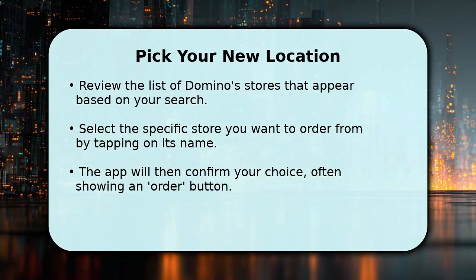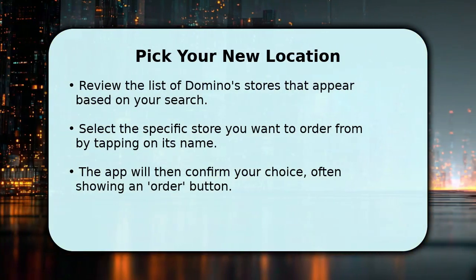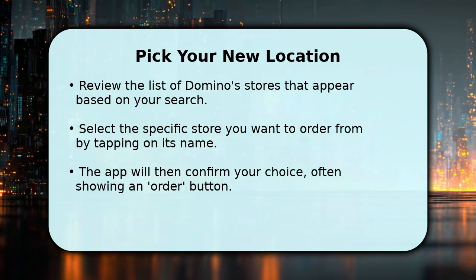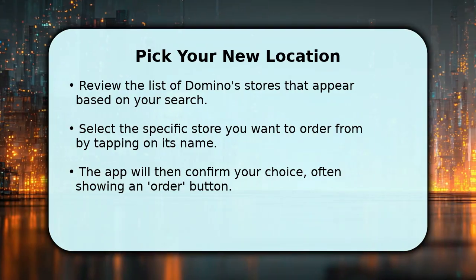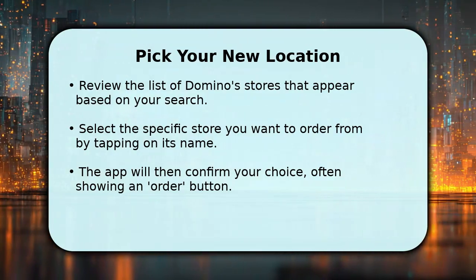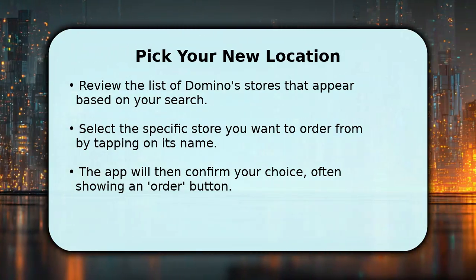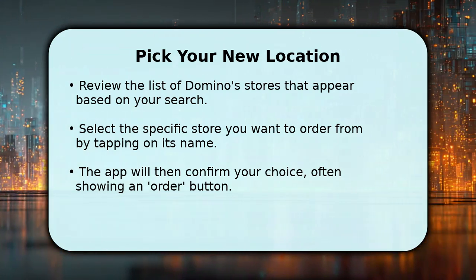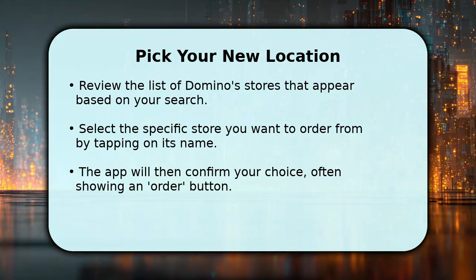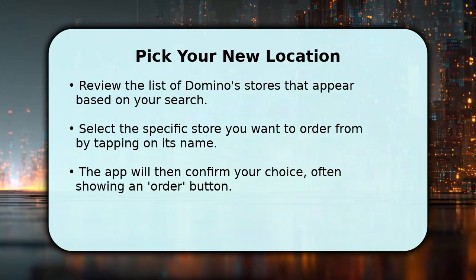After you enter your search details, the app will display a list of Domino's stores near that location. Browse through these options and tap on the exact store that you prefer to use. Once you select it, the app will typically show a confirmation or automatically update your home screen with the new store's details. You might see a button that says Order Here or Start Order appear clearly, indicating your new